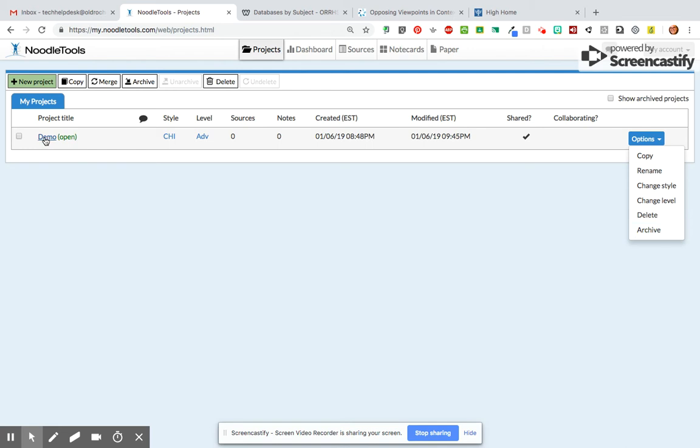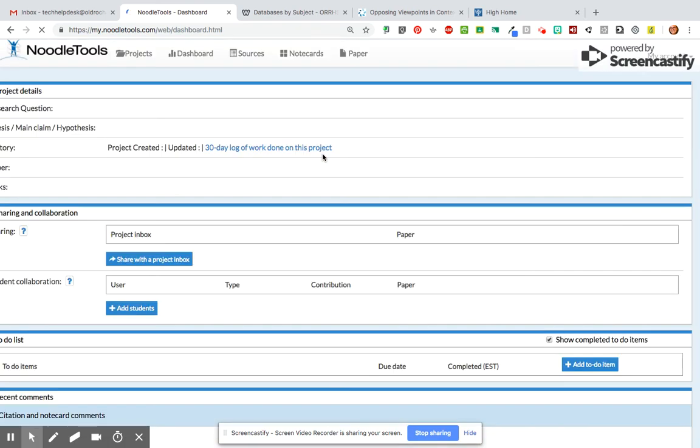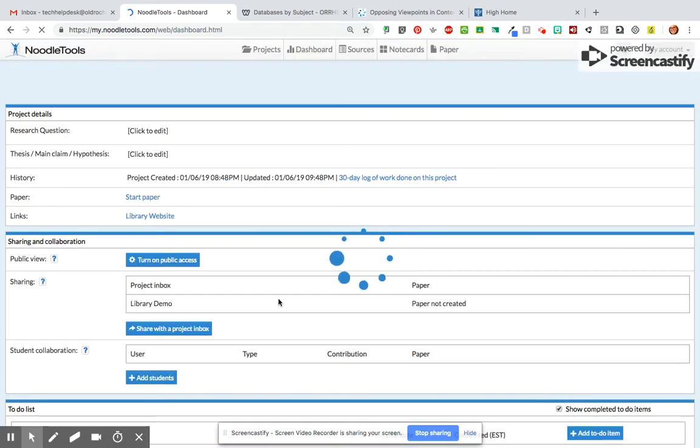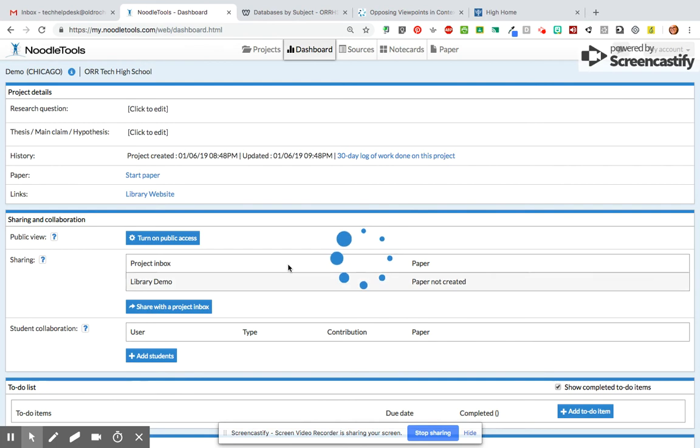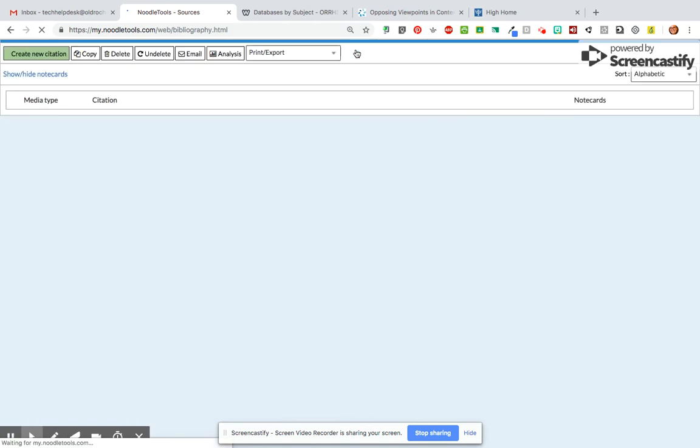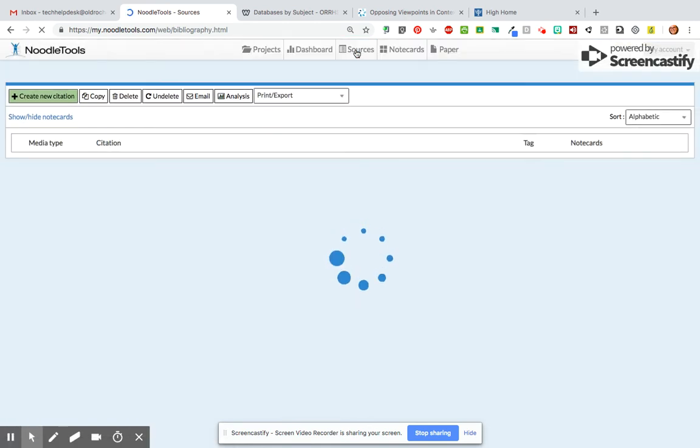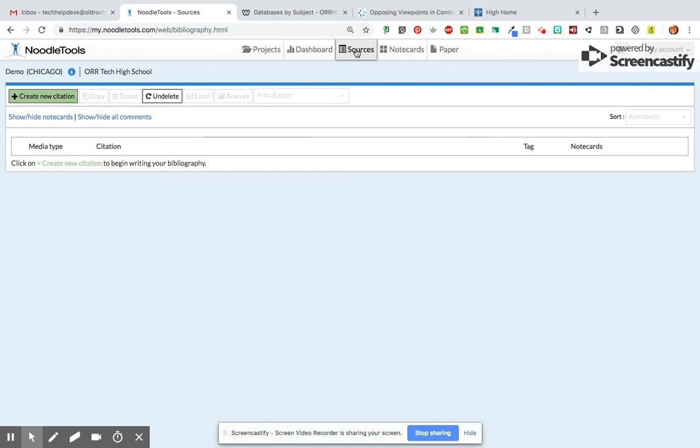What I'm going to do is actually click on project title. So once I click on demo, it is going to bring me to the demo dash page. So here again, I could make some changes, but what my main focus is today is sources. So I'm going to click on the source tab at the top here. Now, there are two ways to actually get citations from databases that we have into Noodletools that I'm going to